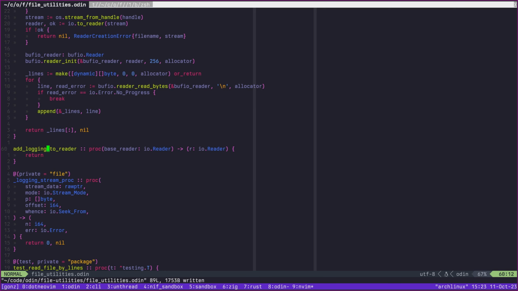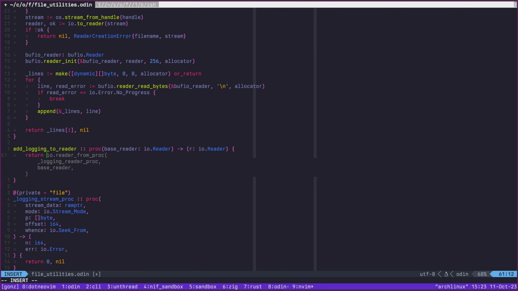Now we're going to try to add logging to a reader, right? And there are a few ways to do this. And of course, we're going to create this reader, which means we're going to create a stream, which means stream is defined as data and the procedure, right? So what we actually can do here is just say,